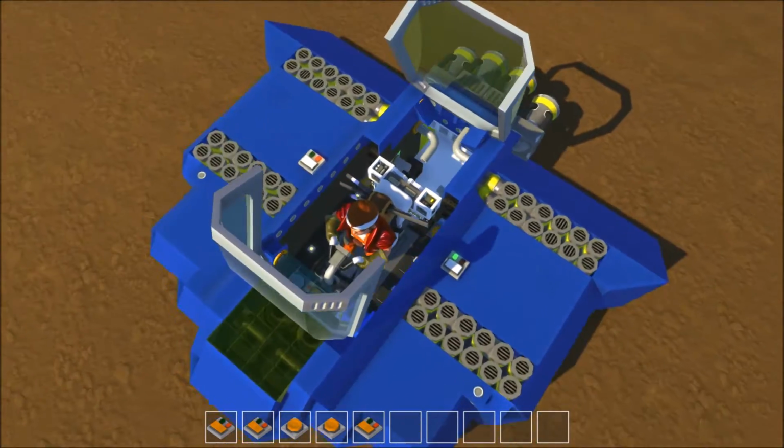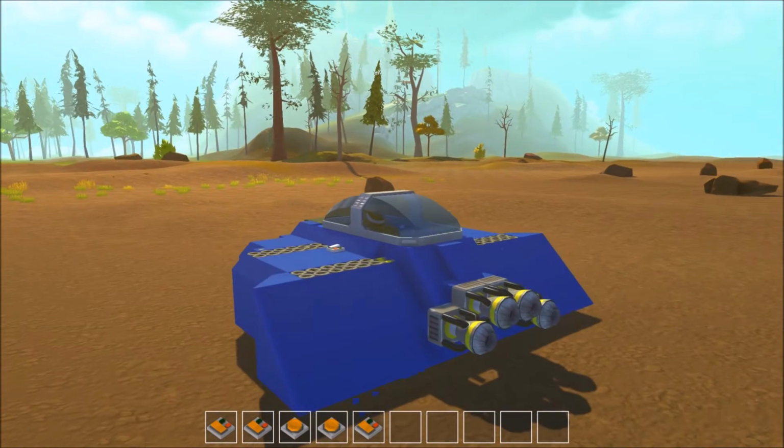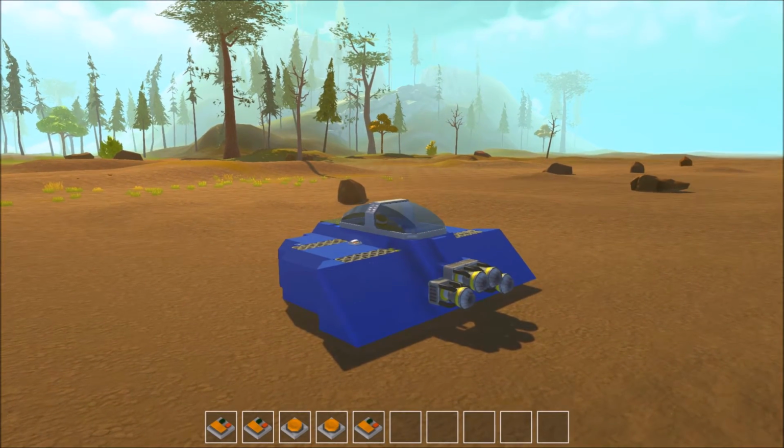But yeah, so that's how you get these things to work like that. Yeah, so this is my plane. I guess I'm going to demo it for you guys now. So the one button